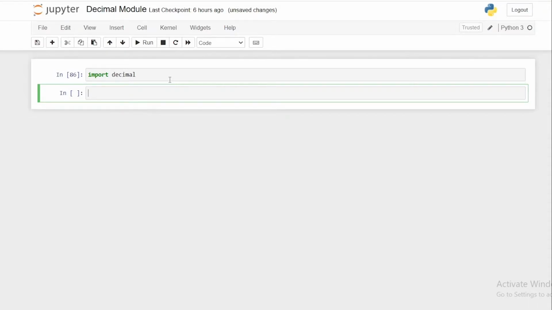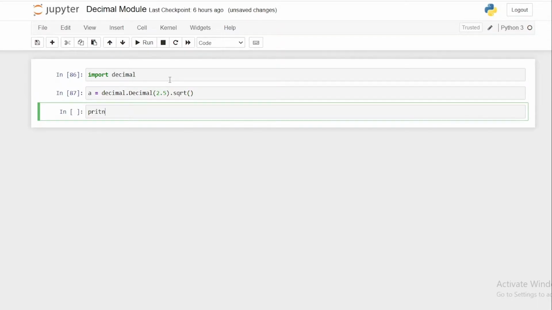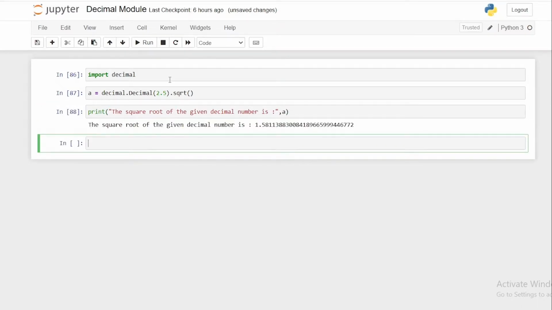Then the first function we're going to look into is the square root function. So a is equal to decimal dot decimal of 2.5 dot square root. So we're going to print saying that the square root of the given decimal number is,